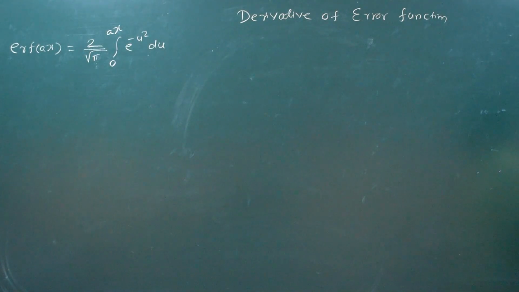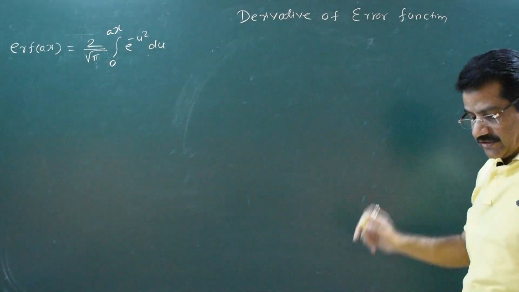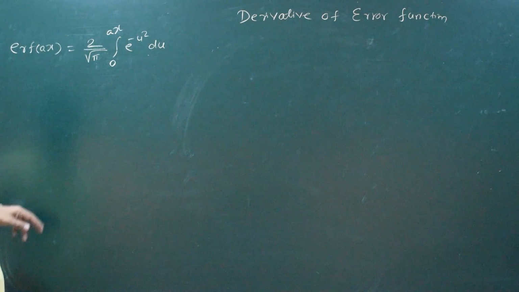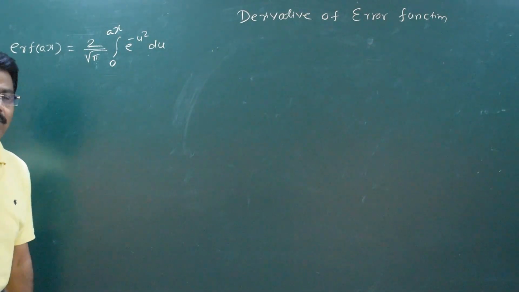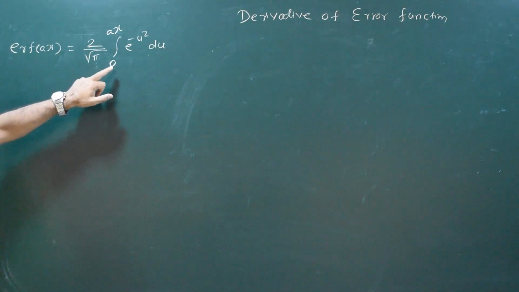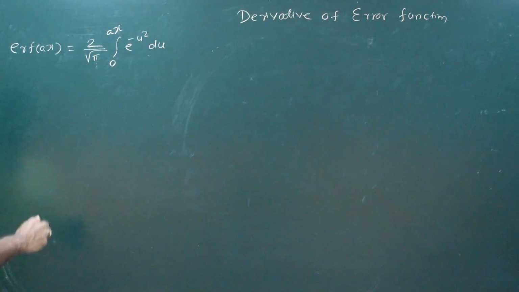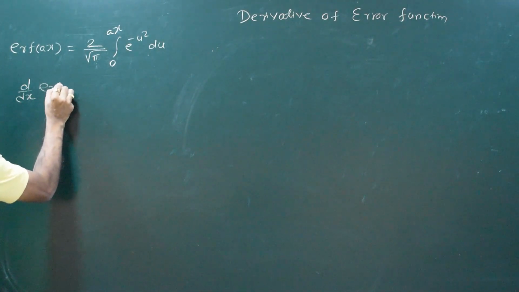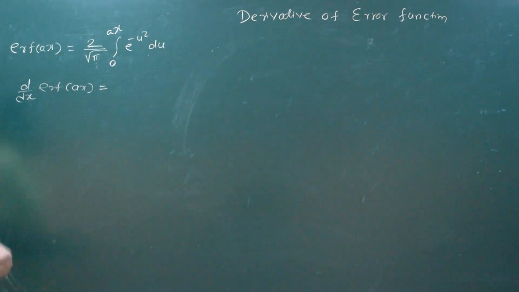After the properties of the error function, let us take a new concept, that is the derivative of the error function. Example: find d by dx of error function of ax. By definition, first of all, we write error function of ax is equal to 2 upon root pi integration from 0 to ax e raised to minus u square du. Differentiating with respect to x, d by dx of error function of ax is equal to, now we will apply